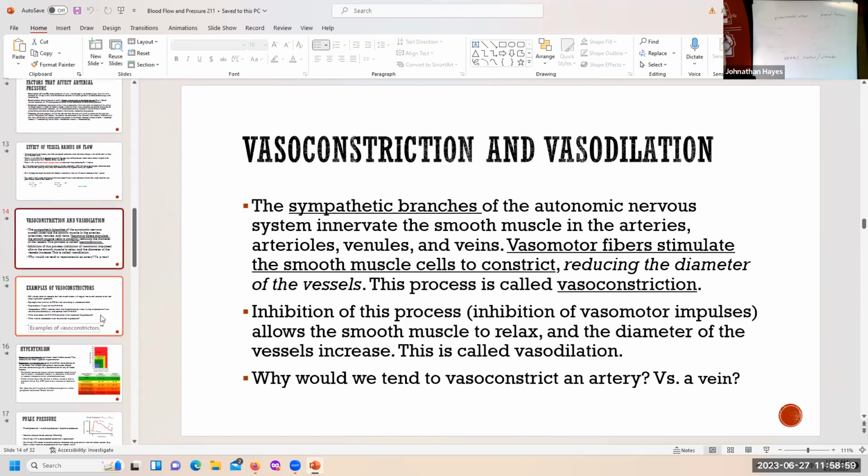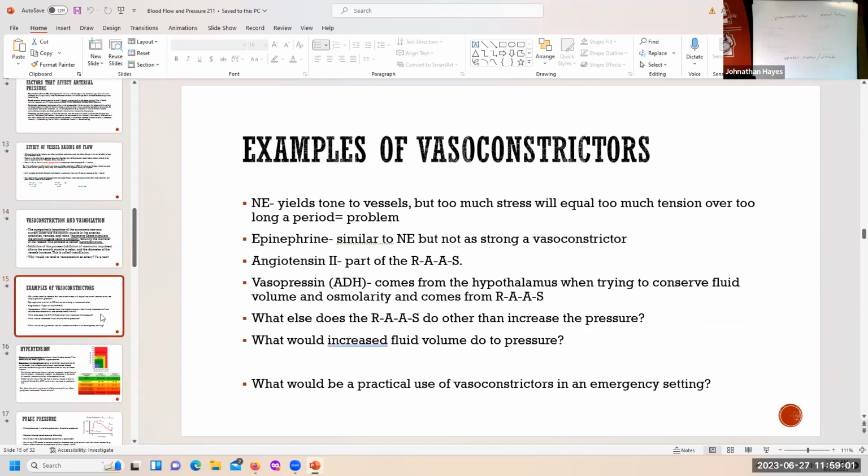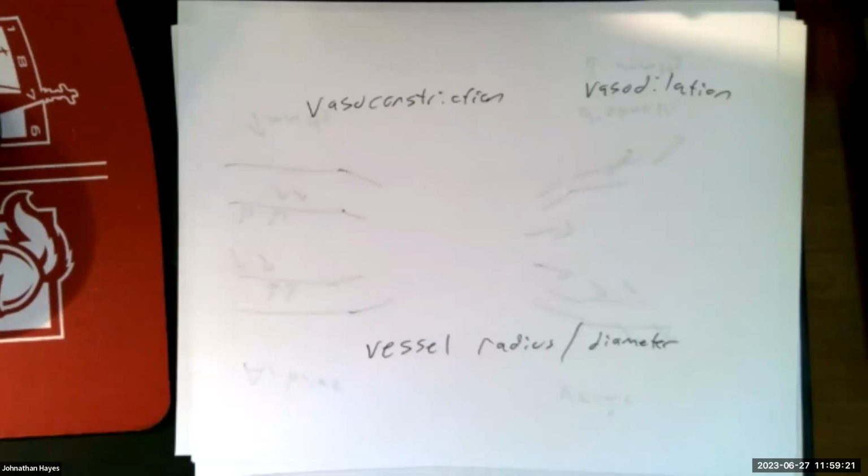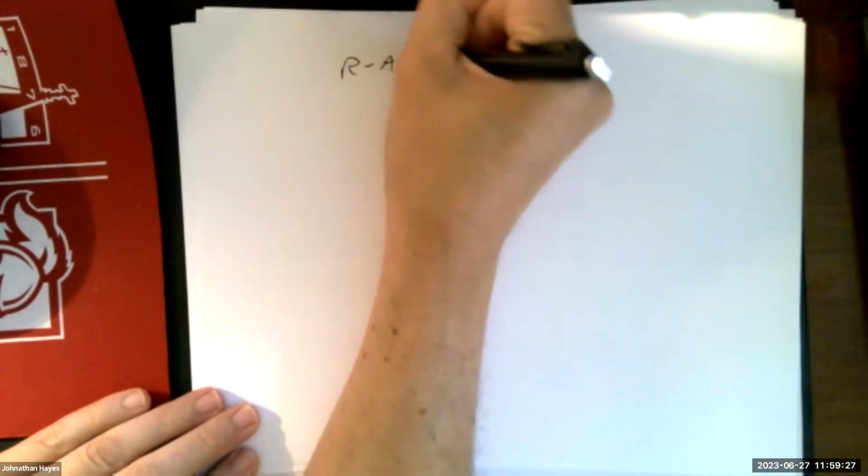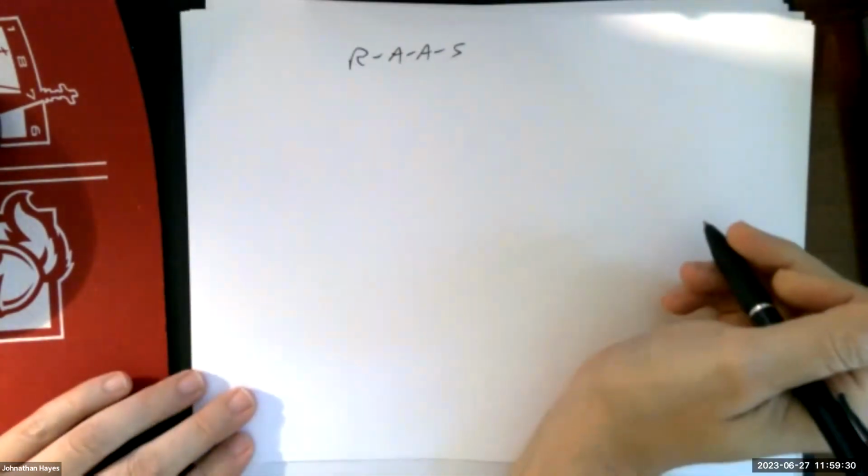So examples of things that we use as vasoconstrictors. Norepinephrine is pretty general, how I maintain tone throughout the body. But we can add to that if we want to. We can add, say, the renin-angiotensin-aldosterone pathway, which I know is a nightmare for some people. But your renin-angiotensin-aldosterone system or renin-angiotensin-aldosterone pathway,